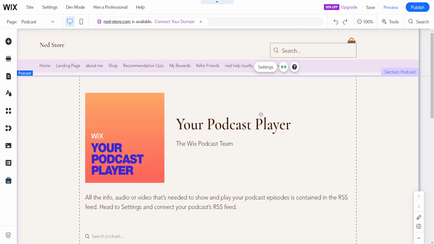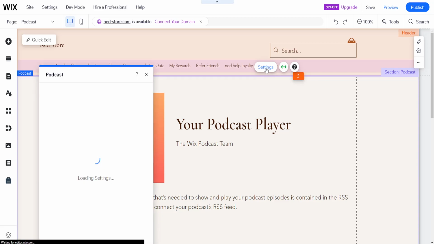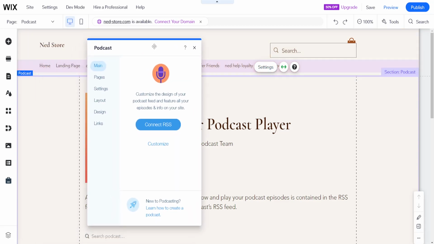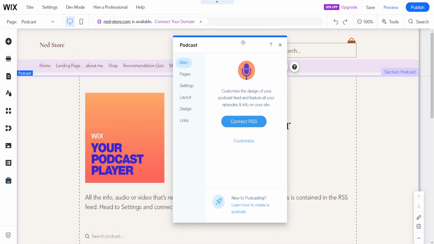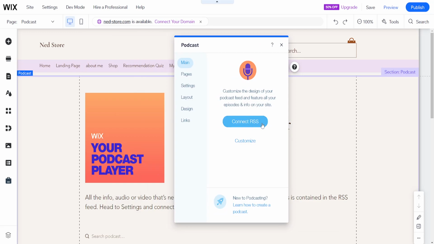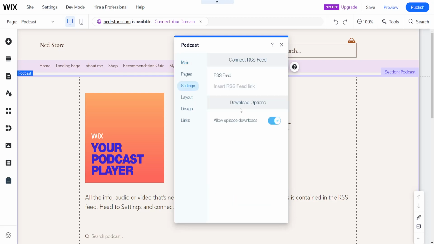So if we want to set this up, then we will simply click on settings right above it, and right here from the main page, you will be able to see Connect RSS. So customize the design of your podcast feed and feature all of the episodes and info on your site. So we can click on Connect RSS, and here we actually paste the RSS feed link and we click on